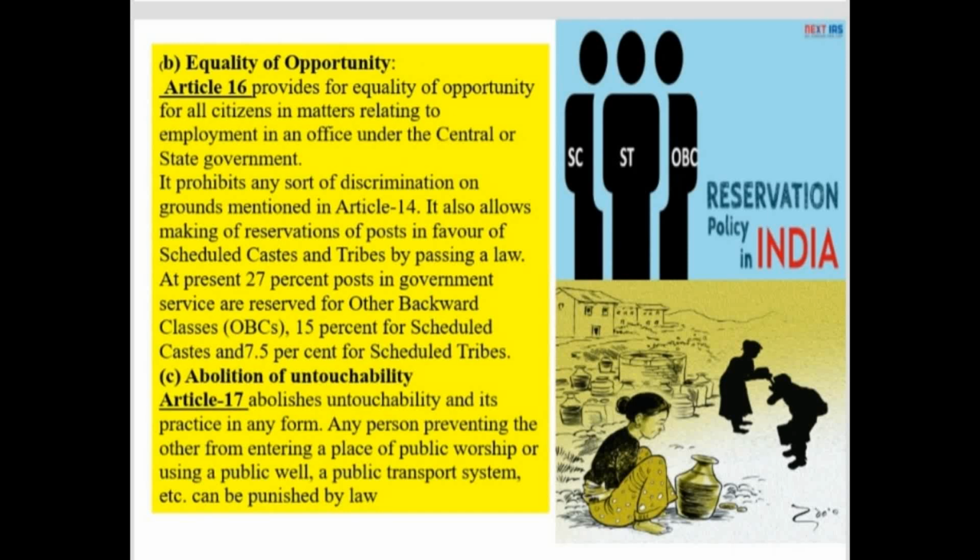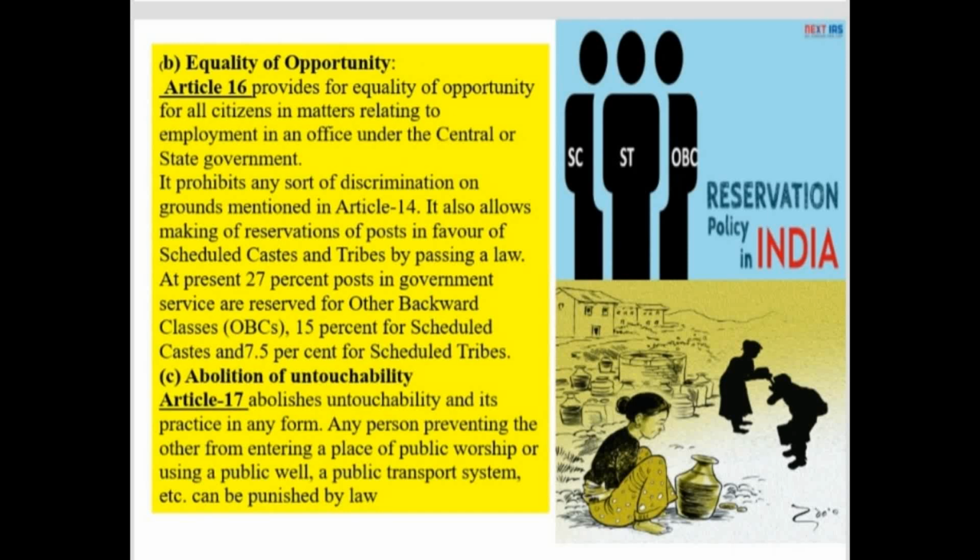And coming to Article 17, it deals with the abolition of untouchability. There was a social evil in practice in India before independence, called untouchability. Certain sections were not allowed to enter into temples. They were not allowed to behave regularly with other people. So there were certain evils practiced with certain communities in India, and to stop such evil practices, Article 17